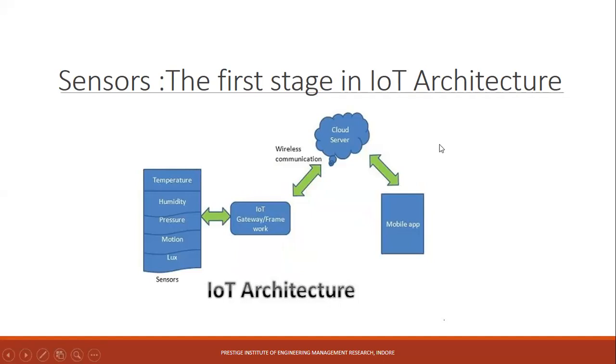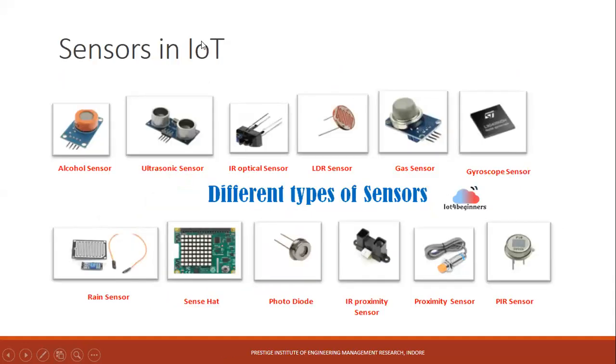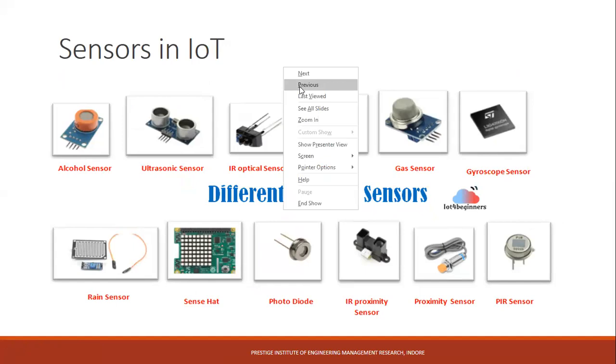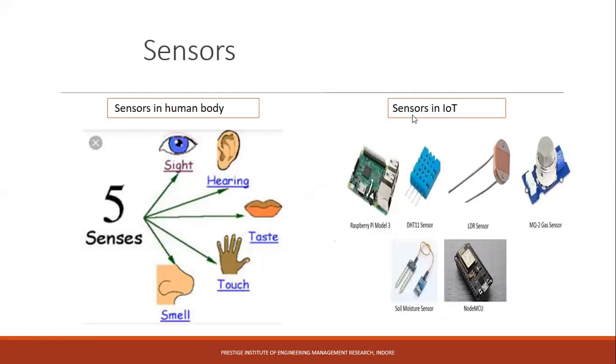Suppose we take the example of a smart home, and you have to measure the temperature of a room. In that case, you will use a sensor which measures the physical quantity, that is temperature, and then converts that quantity to an electrical quantity. So the point is that the sensor is the first stage of any IoT based application. Now,